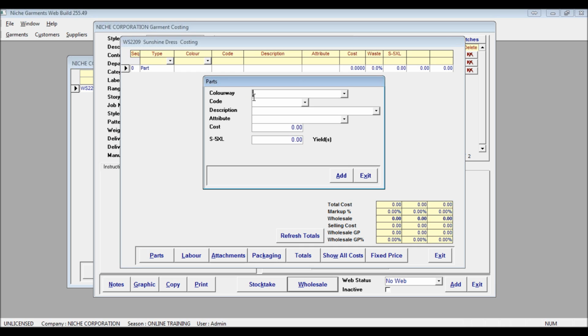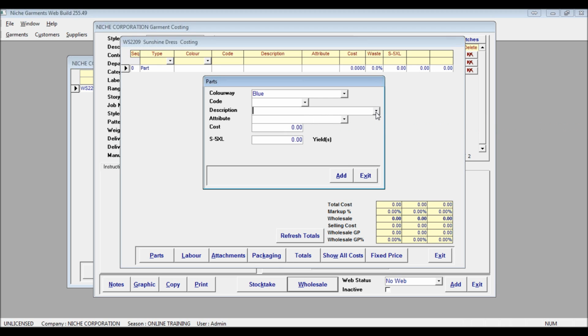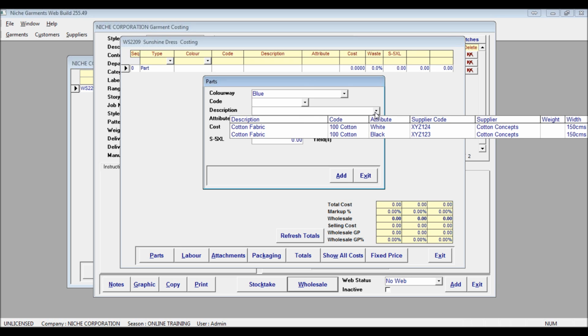First thing it asks us for is a colorway. Now, if the part that we're adding to the style is associated with a particular color, it's important that we choose a color. Okay, and then here we have code, description, and attribute. We can use one of these dialog boxes to select a particular color, a particular fabric we want to assign to this blue item in our color list. So if we felt that description was the best way to find our fabric, we can just select the description and find our